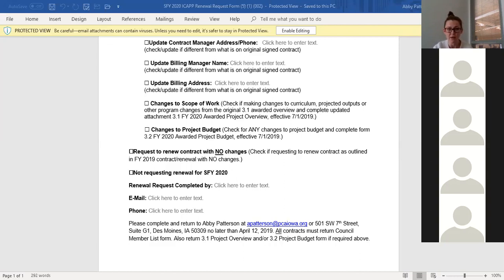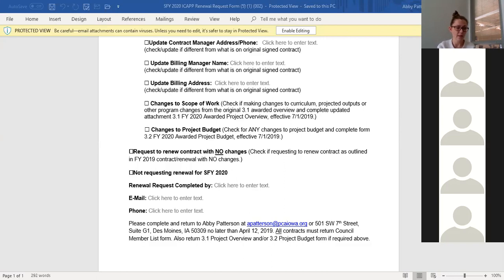That's my email address. And we're asking for those no later than April 12th. We want to be able to pull all of our information together and have plenty of time, and if we have questions or if there are changes that need to be negotiated, we can get back to you.